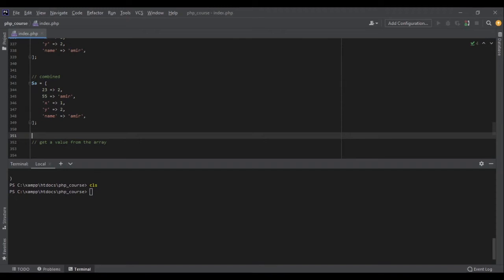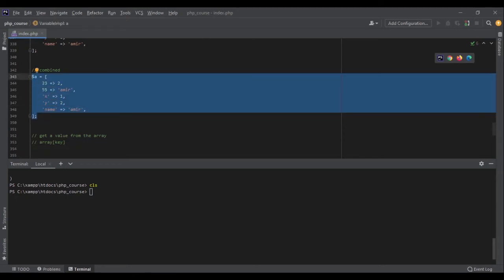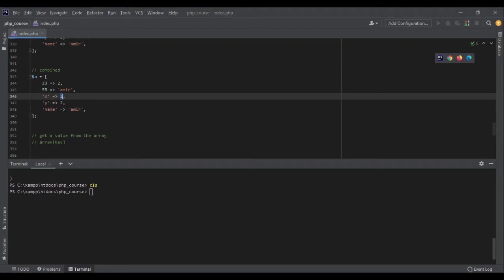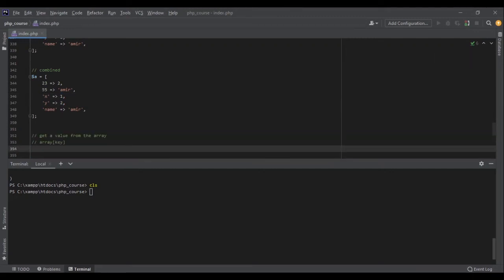If you want to get a specific value from an array, you can do it like this. You call the array, and then we specify the key, the index of the value. For example, in my array here, which is called A, if I want to get this value, I should call this key. Since this value itself is not an array, I can use echo to print this value, like A, and the key is X. Now if I run this,